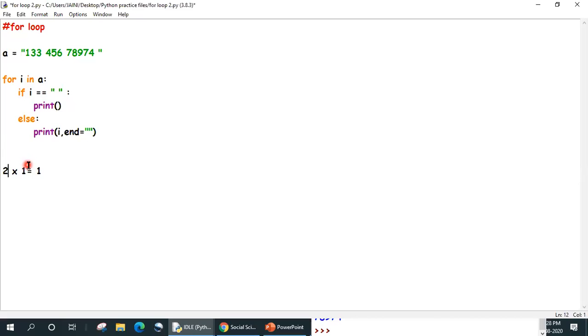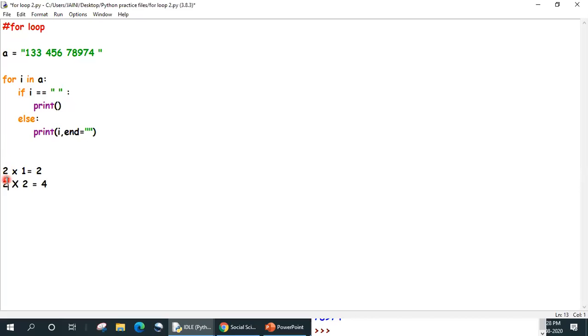Let's take the 2 table. Then the second line should be 2 multiplied by 2 equals 4.